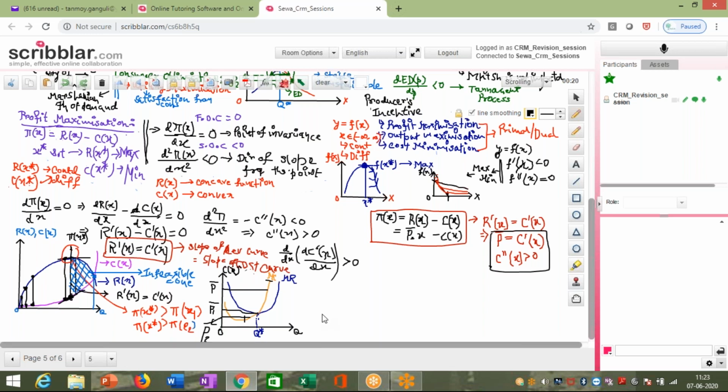So these are the three possibilities where the price equal to marginal cost can happen. Now, if this is the price equal to the marginal cost region,